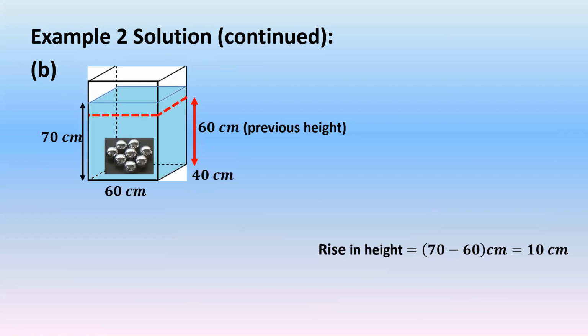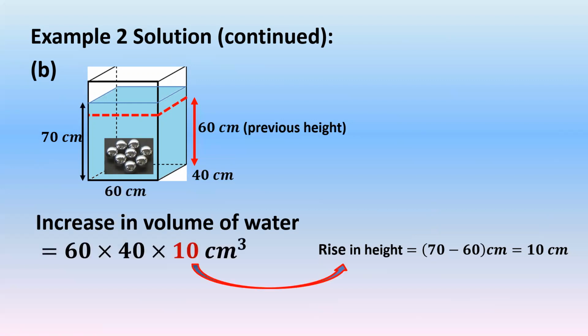This rise in height of water represents an increase in volume of water. Increase in volume of water is equal to 60 multiplied by 40 multiplied by 10